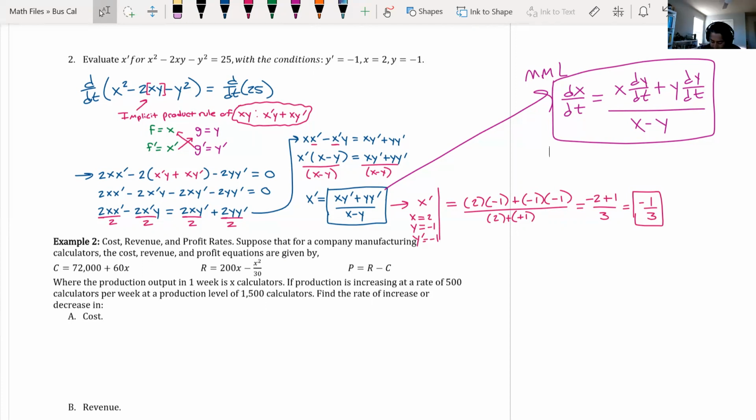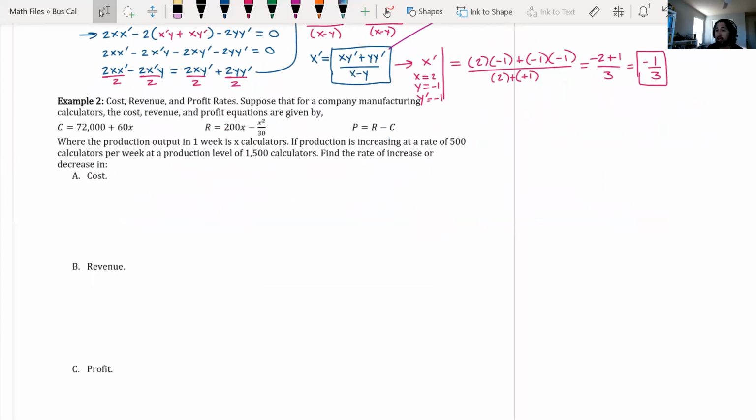All right, 2. Suppose that for a company manufacturing calculators, the costs, revenue, and profit equations are given by cost is 72,000 plus 60x, revenue is 200x minus x squared over 30, and profit is always revenue minus cost. Where the production output in 1 week is x amount of calculators, if production is increasing at a rate of 500 calculators per week at a production level of 1,500 calculators, find the rate of increase or decrease in